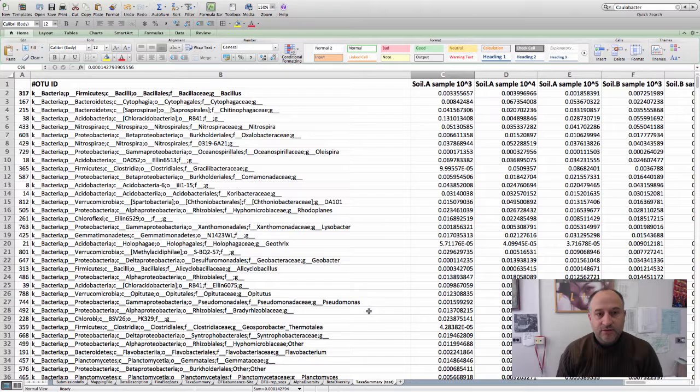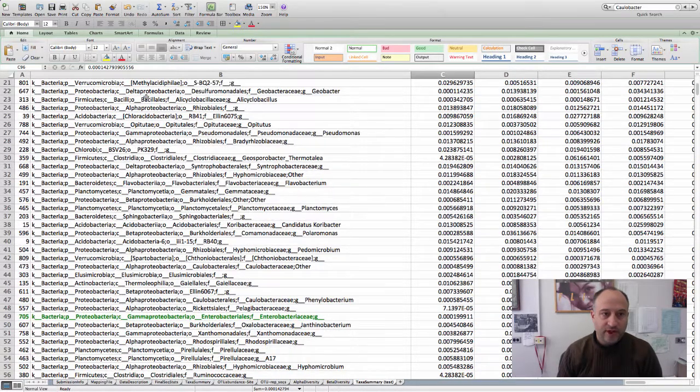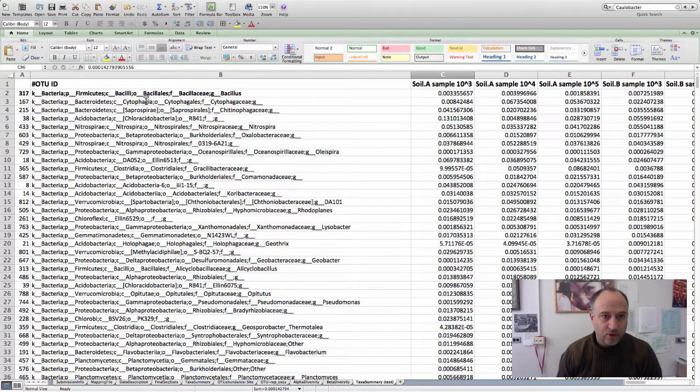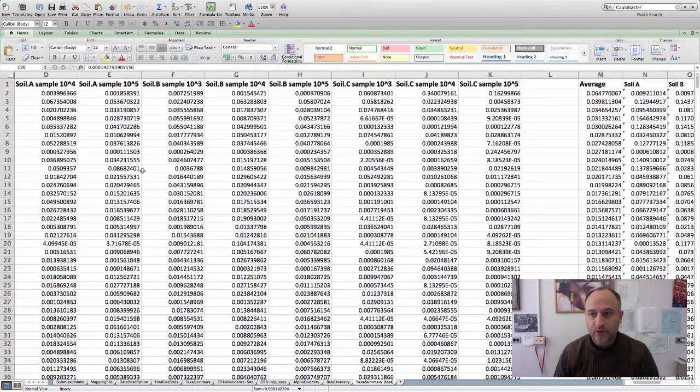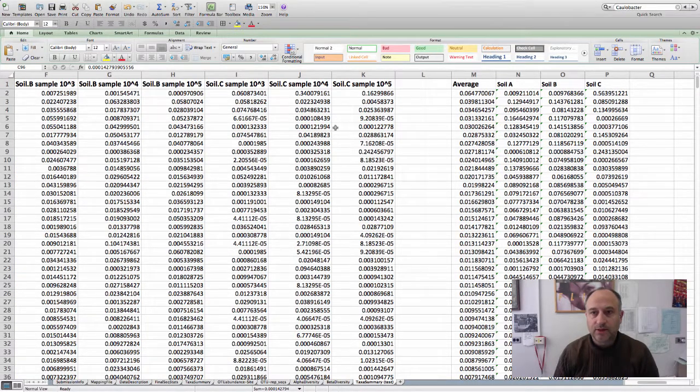one of the first things that we may want to do is say we need a cutoff. We have 823 different OTUs. That's maybe more than what we want to look at, and let's reduce that. So maybe we're only looking at a couple hundred or less, and not have everything shown. So if we look over to column M,